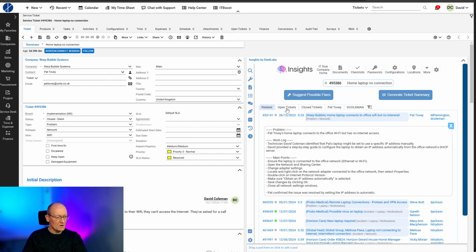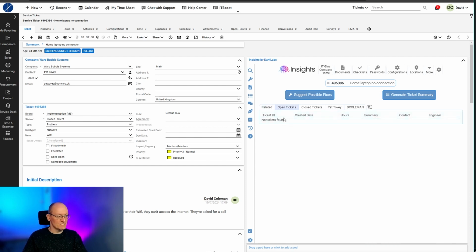So while still on the related tickets, you can see you've got these tabs here across the top. And the default one is related, which is the AI-powered one that comes up with the tickets it thinks will help you. If we go to open tickets, well, there's none currently open for this particular company, but